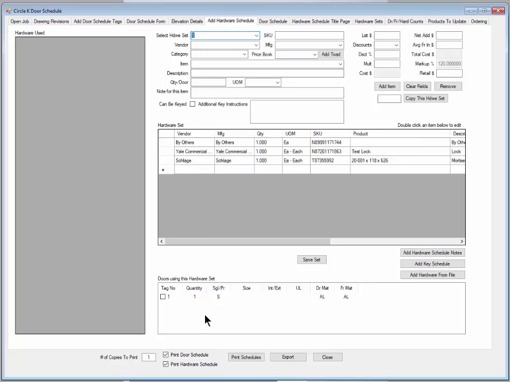If you had multiple doors in here, maybe tags 1 through 4 are getting hardware set 1. And maybe door number 3, they designated to have 6 additional change keys. Well, you could make that note in here for that door number. So that's one of the things you want to do. So to get this to work correctly,